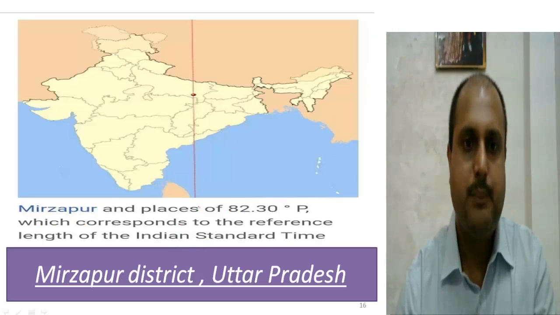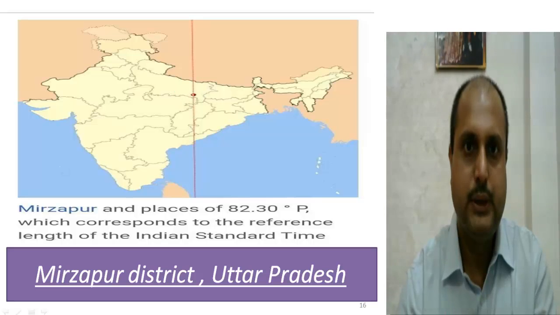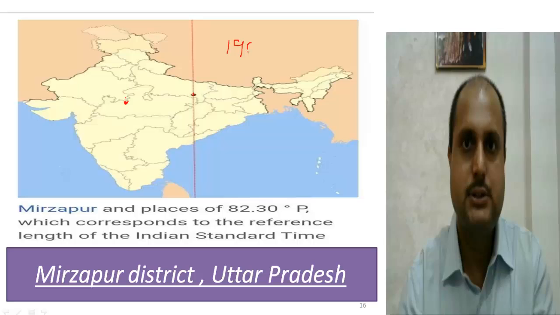Now the Mirzapur district of UP is located at the central place. Earlier it was Ujjain of Madhya Pradesh, but on 1st January 1906 the GMT was started for calculation. Now you can ask me the question, why is GMT located at the 0 degree longitude? Because it was London,